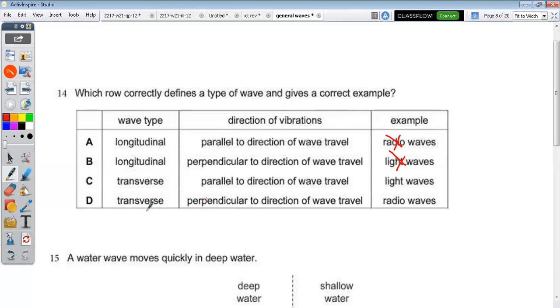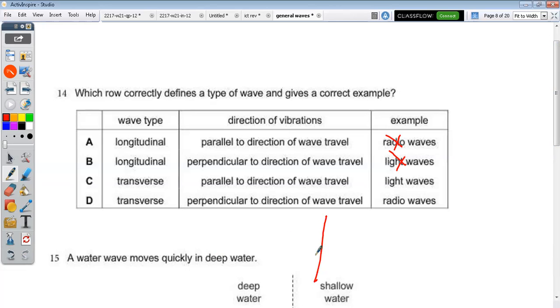So what is the answer between these two here? We need to know the definition of a transverse wave. What were you saying? Your answer is what? Joanna, you're saying your answer is what? I said between C and D. No, you can't say between. It means I'm not reading my physics. By now, this is the first thing that we did in the first lesson. By now, people are not even knowing the difference between transverse. How many times have we talked about the difference between a transverse and a longitudinal?